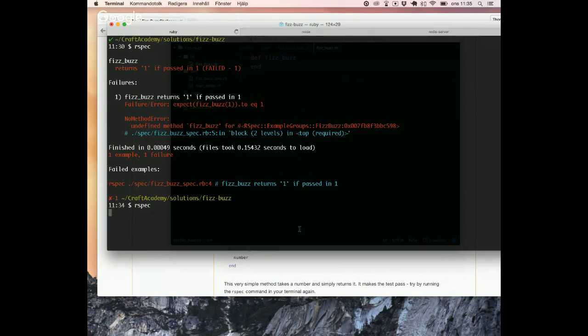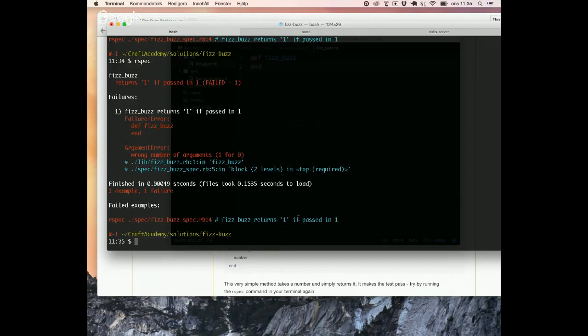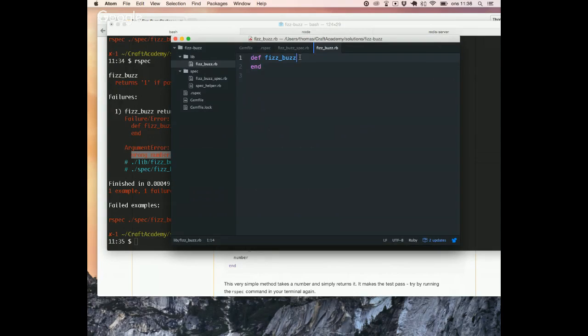So if we run rspec again, we are not getting the same message as we did before with a no method error, but we say that there's a wrong number of arguments. It expected 1 argument. It was passed in 1 argument, but it didn't expect any arguments, because if you have a look here, we're not telling the method to accept anything. So let's just tell it that whatever value we are passing into this method will be stored in a variable called number, and run the